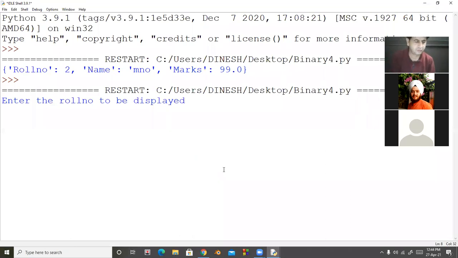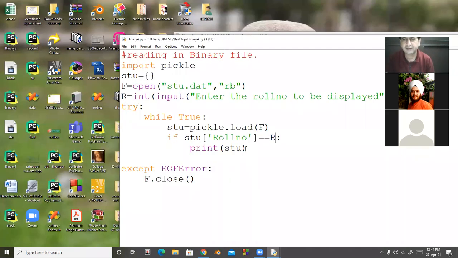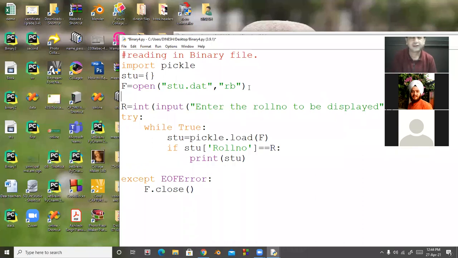So look at here, roll number 3. Look at here, roll number 3 record is here. And suppose record not found, but how can you display this message? So I take one variable x is equal to 0, and in case result found, it means display on the screen, and the value of x will be 1.